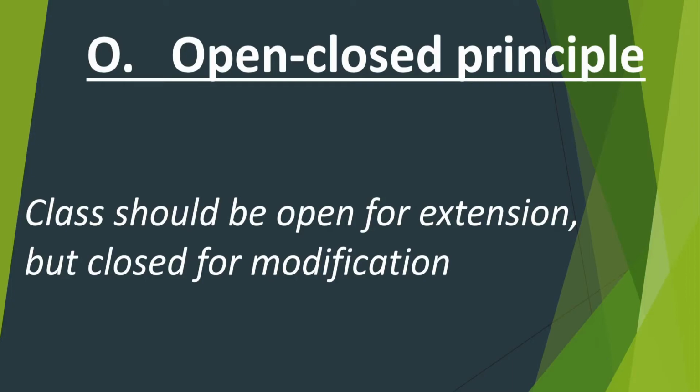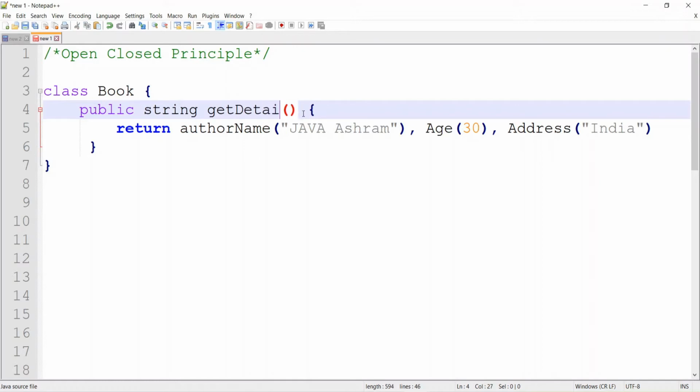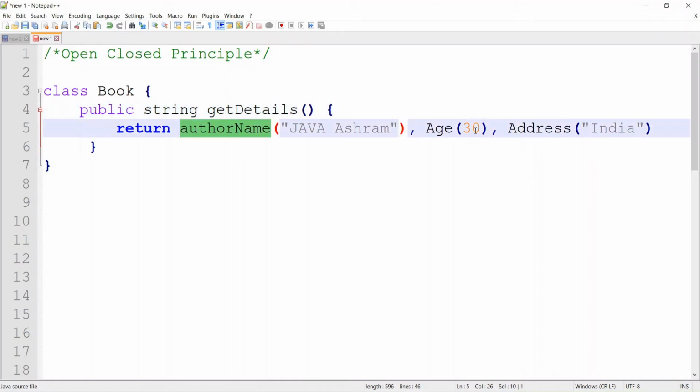So let's see the example. Let's take the example of the book class only. So suppose you created this book class, and in this class you are returning all the details. So let's say type this getDetails. So you are returning the author name, age and the address. So three things you are returning, right?